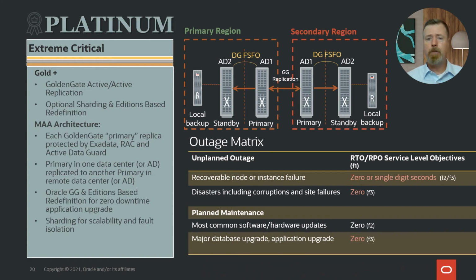So now we have two primaries. We could split the workload between them, but we might have to think about some conflict resolution between those primaries. I like to use the example of sequences, which is a pretty simple problem to fix. You can have even in one of the data centers, you could have odd in the other to simplify that. But since it's asynchronous in nature, you have to be aware of this type of conflict resolution. We also don't have features like application continuity in Golden Gate. And we need that synchronous replication to happen to give us that RPO of 0.